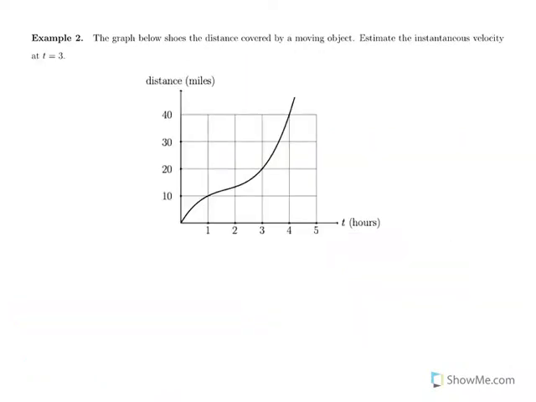So next example, the graph below shows the distance covered by a moving object. Estimate the instantaneous velocity at t equals 3. So first of all, let's think about what that's going to be. This is going to be the slope of the tangent line